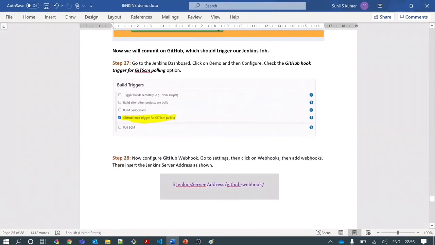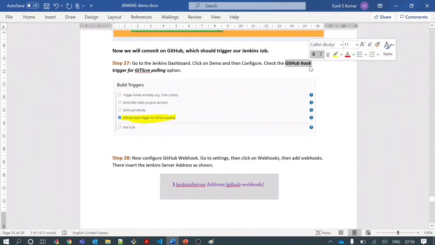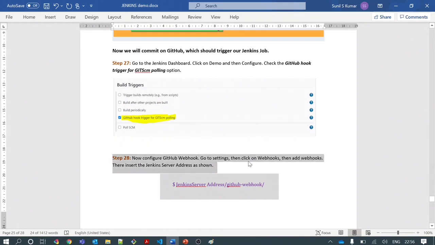GitHub. Okay, so this is very important. This is a usual practice. Whenever you want any pipeline to get triggered automatically by the Git actions of developers, we add these GitHub webhook options in the Git repo itself. How do we do it? We are not making these changes on Jenkins. Remember, one change will be performed on the Jenkins job because I want this job to be triggered with the GitHub webhook. And the next thing, adding the Git webhook, we will not do on Jenkins. Instead, we will do it on the GitHub repo from where I want to trigger this job.